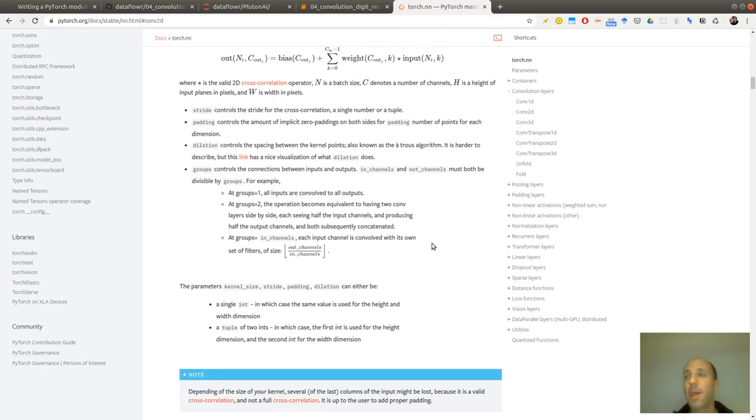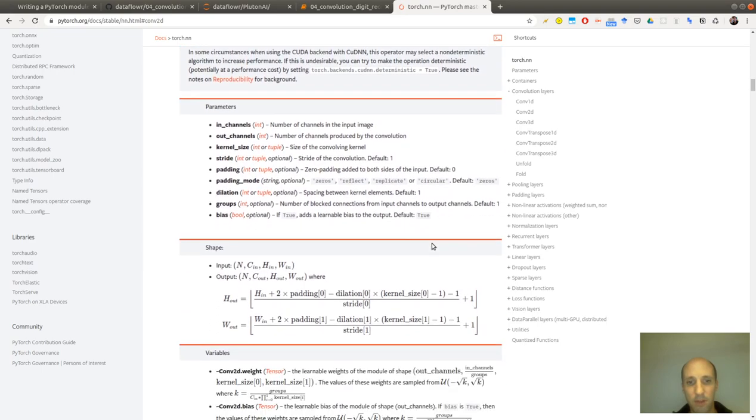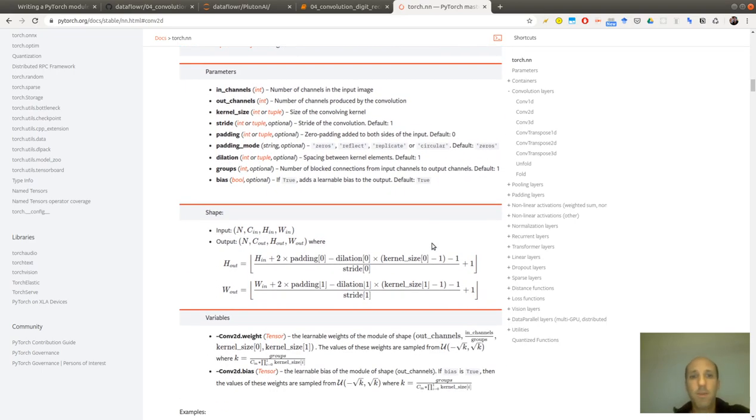So here, since the kernel is 3, you should have a padding of 1 on each side, and then you will obtain exactly the same size of the image.